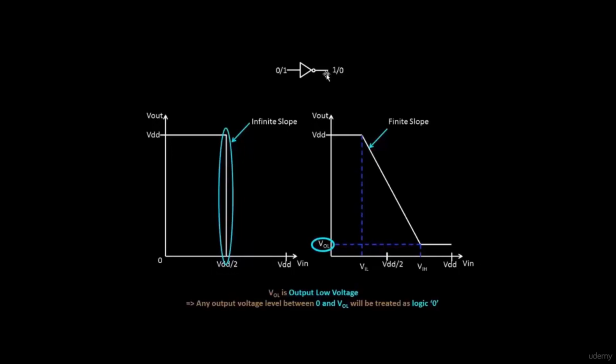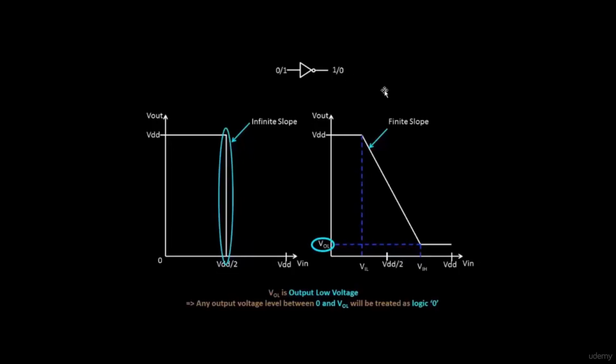So again, VOL which is present at the output, that should lie in the range of 0 to VIL. Okay, the VOL should be within range 0 to VIL to be recognized as logic 0 at the next stage. It's as simple as that, because at the first stage we are looking at 0 to VIL at the input. So the output of this will be again the input of some other stage. So the input of that particular stage should have a logic level which is 0 to VIL to be detected as logic 0. So hence VOL will be lying somewhere between 0 to VIL, just to be detected as logic 0 at the next stage. Okay, so let's move on.